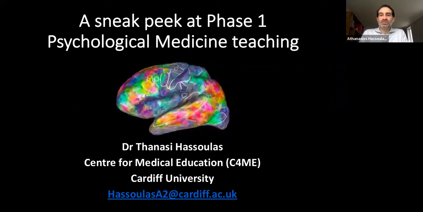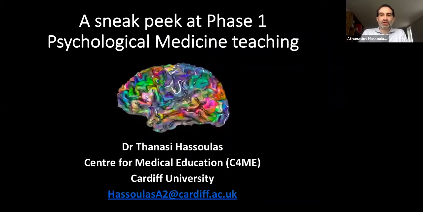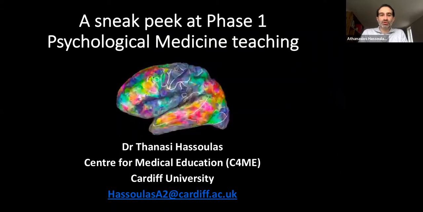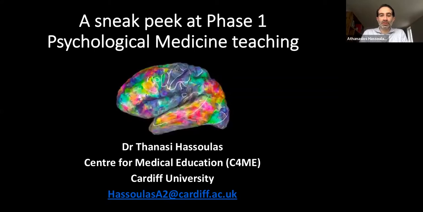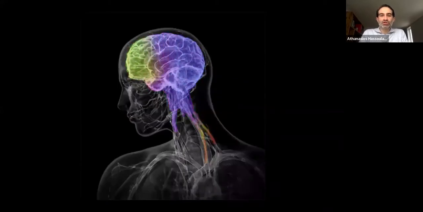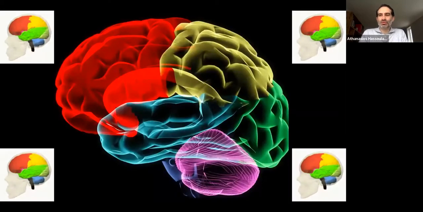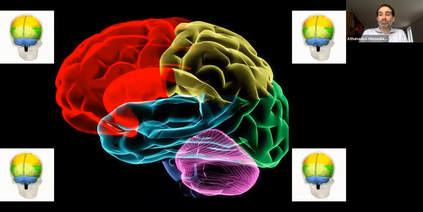Today, I'll be giving you a sneak peek into some of the teaching that we deliver as part of Phase 1 on the C21 program, specifically in relation to psychological medicine and psychiatry. As early as year 1, you'll explore the human brain in terms of structure and how structure relates to function. And by that, we mean basic biological functions, as well as emotional responses, certain behaviors, thought processes, and so on. A good place to start would be the four lobes, and also the more primitive structures of the